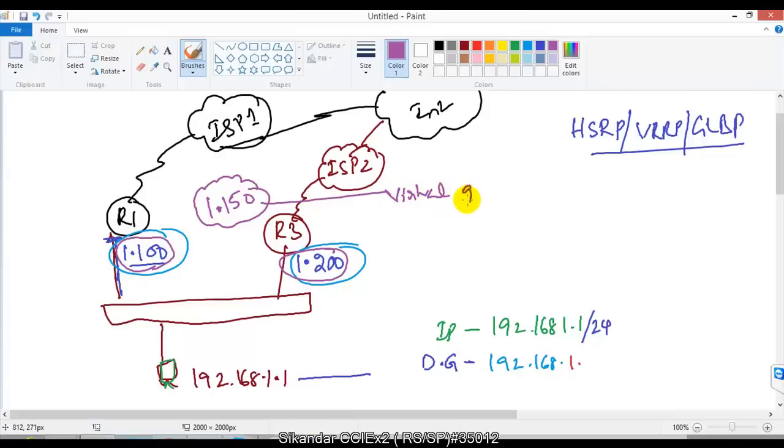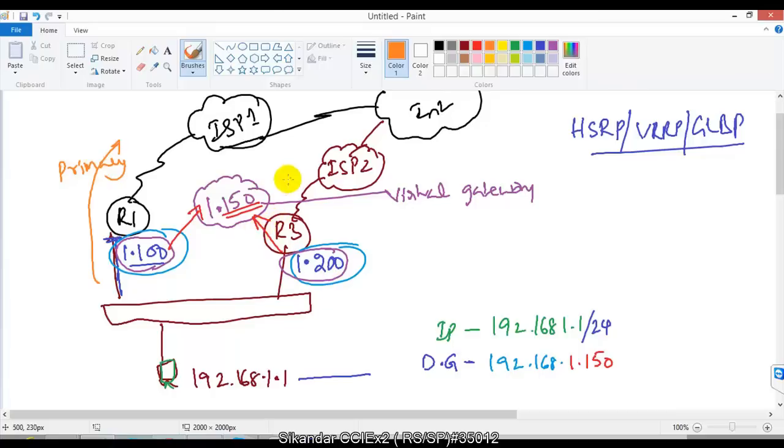Now, virtual gateway means there is no physical device with this IP address. There is no physical device in the network with that IP. So it's an IP address that is a combination of both the physical gateways. Okay, so I'm going to define it here. Once I create this virtual gateway by using a specific set of commands, automatically it is going to make any one router the primary gateway. So it depends upon the administrator to decide who should become the primary.